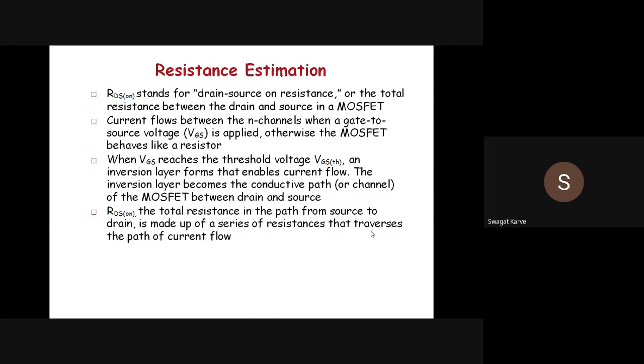At that point, the MOS transistor will switch into the linear region or resistive mode of operation, and it will exhibit a linear relationship, equivalent to a resistor. Now, because of the path from the source to drain, that entire path, if you travel along from source to drain, is made up of